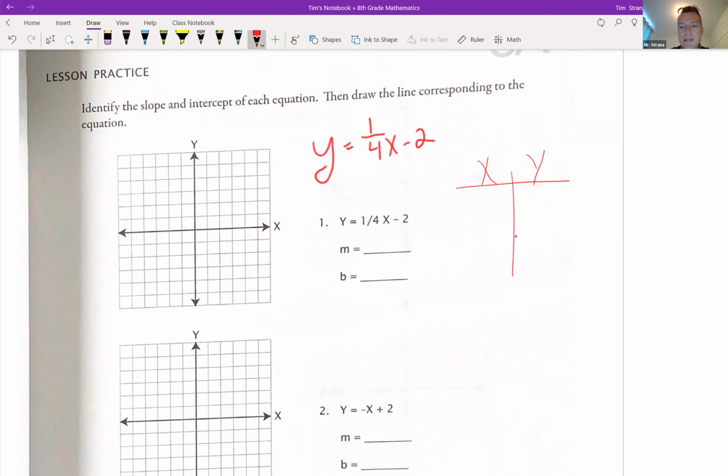Okay, so if I pick the point 0 for x, that means I'm going to go up to my equation and put 0 in for x. So y would equal 1/4 times 0 minus 2. That's basically just going to tell us that y equals minus 2 then, okay? So that is a point. Let's pick another point. If I pick 1 for x,